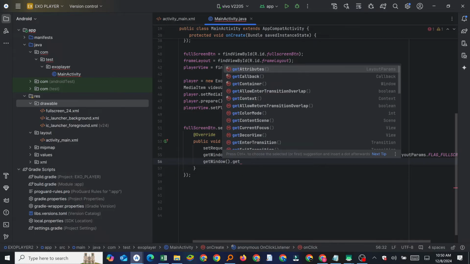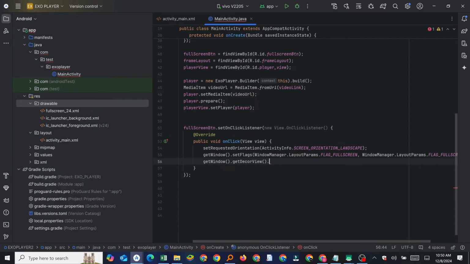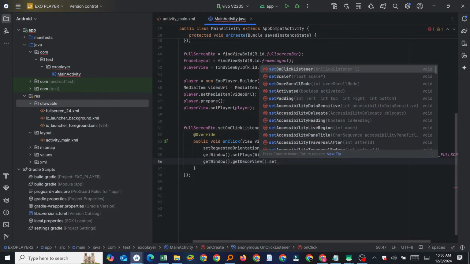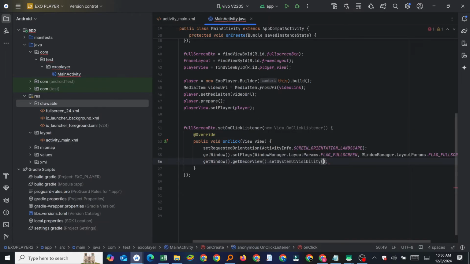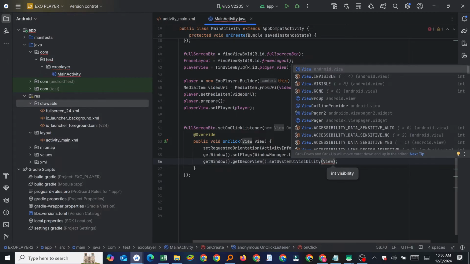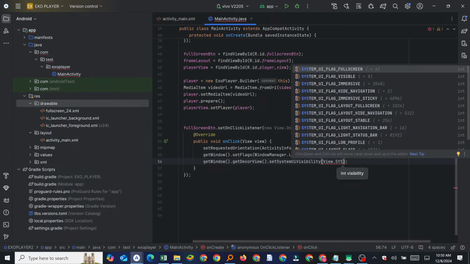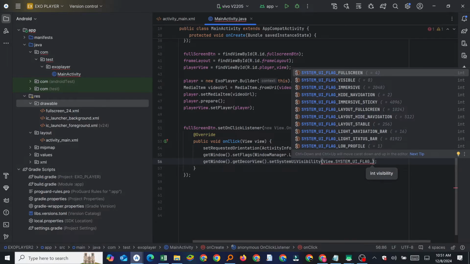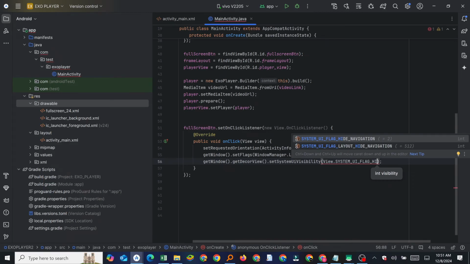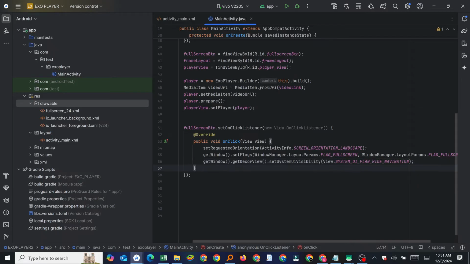Get the decor view dot set system UI visibility, and you say View dot capital letter SYSTEM_UI_FLAG_HIDE_NAVIGATION. Now here we are hiding the navigation